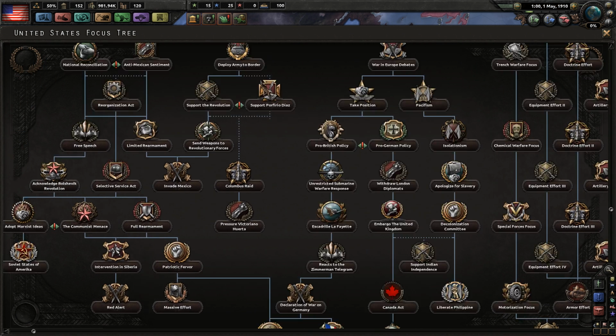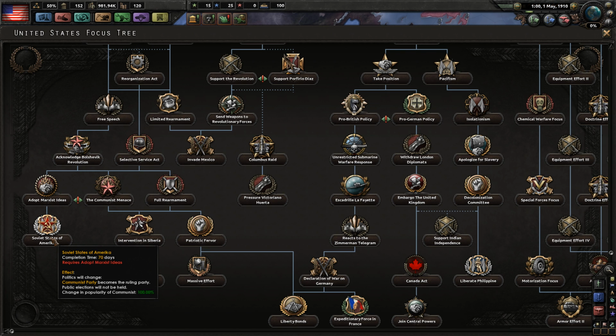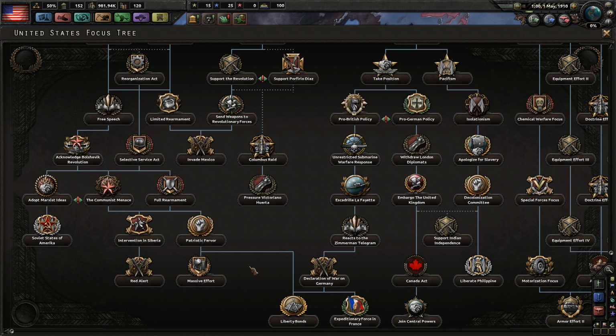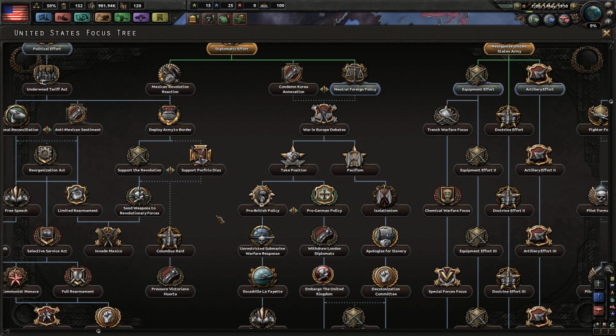Alright, an interesting bit here is that there is a way to become a communist state through our focus tree, but it doesn't look like there is a way to become either... Well, we are a democracy, so that doesn't change, but there is no way to become a...